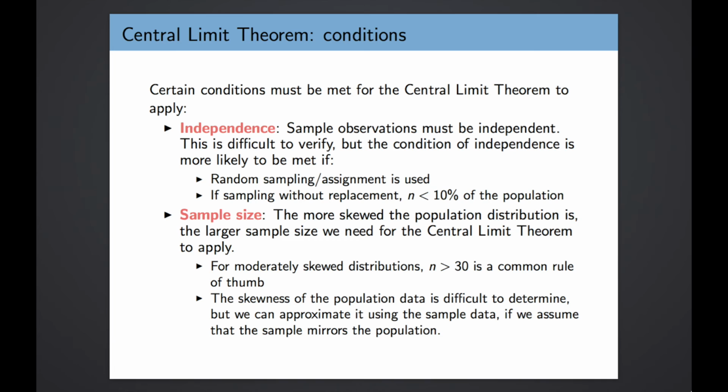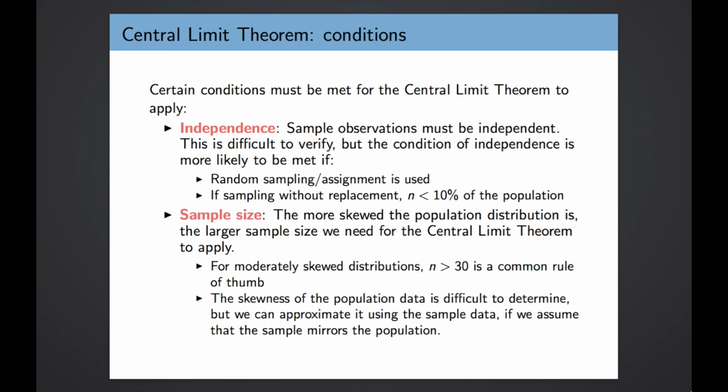We do have to meet a couple of conditions to be able to use the central limit theorem. One really important one is independence. So the sample observations must be independent of one another. We talk about independence in some of our earlier lectures, so if you're unclear about that concept, you can revisit those, revisit the textbook readings on independence. It just means that when we take observations from the population, those observations don't depend on what previous observations were drawn.